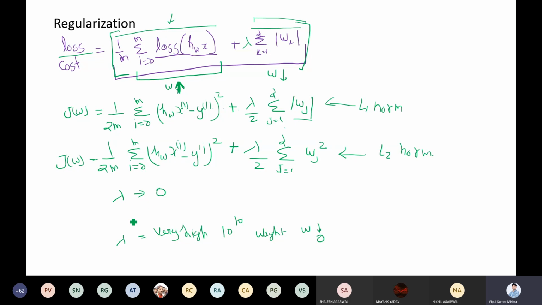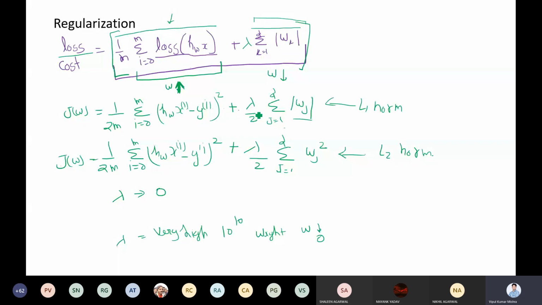So what we want is a good lambda value, like the alpha value. Previously we have seen some alpha value, so we want a good lambda value that will help you control the regularizer. You can say the power of the regularizer is controlled by this lambda value. How much lambda we want, based on that you will decide the impact of the regularizer. So the controlling of the regularizer goes to the lambda value, right? And this is a hyperparameter.